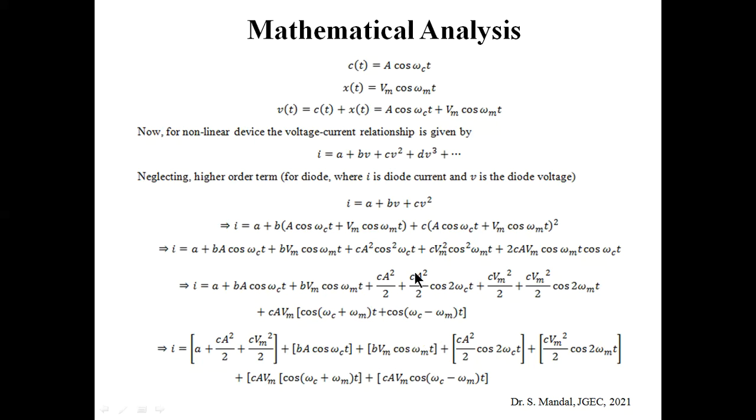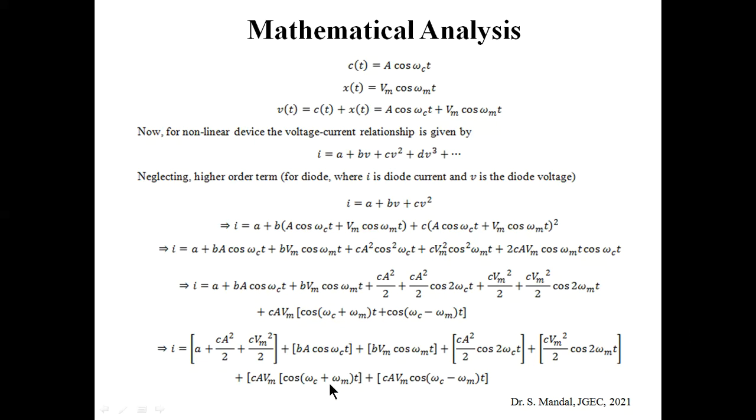Now this term c A square by 2 cos 2 omega ct is the higher order harmonic, or second harmonic, of omega c. This is the second harmonic of omega m, and this is actually our upper sideband. That means c A Vm into cos omega c plus omega mt plus c A Vm into cos omega c minus omega mt. These two terms basically denote the USB and LSB. So this is the most important part, whereas the DC term, carrier term, message signal term, higher harmonics of the carrier, and harmonics of the message, all these terms are